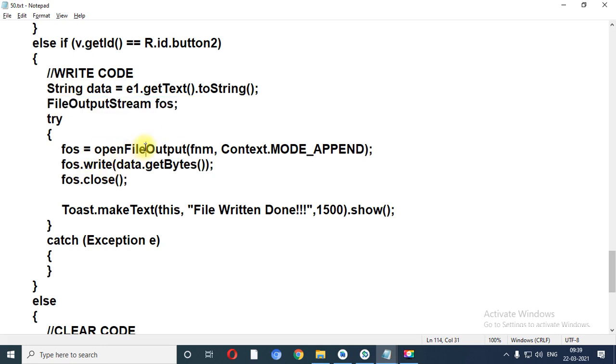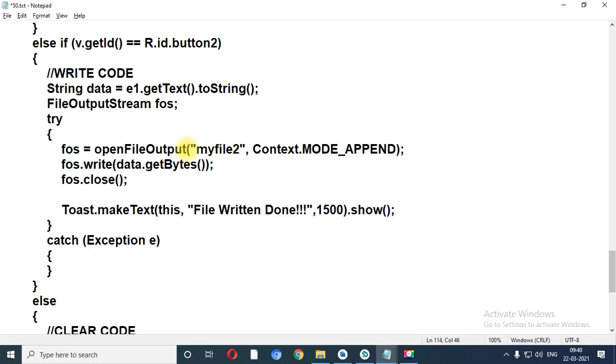Now openFileOutput. Our file is open in the output mode. Which file do I want to open? FNM. What is the name of our file? My file 2. See, if you don't want to take a variable over here, then between double quotation marks you can directly give the name of your file, my file 2.